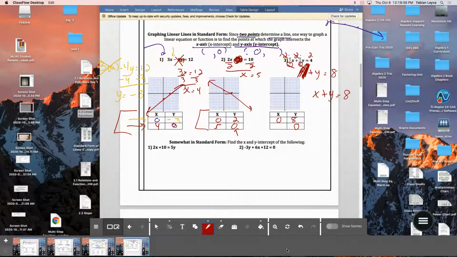Putting a 0 in for the y, you solve for x, and x is equal to 8. Hopefully I said that one right and the other one. So that is pretty much why we are learning standard form, because notice that once you have an equation in standard form, it is super easy to find the x and y intercept. And once you have your x and y intercept, it's super easy to graph them, which I forgot to do